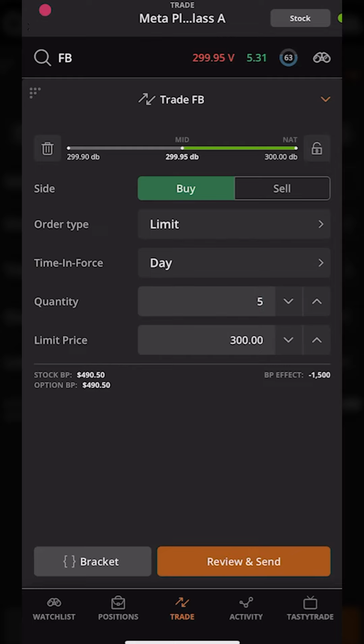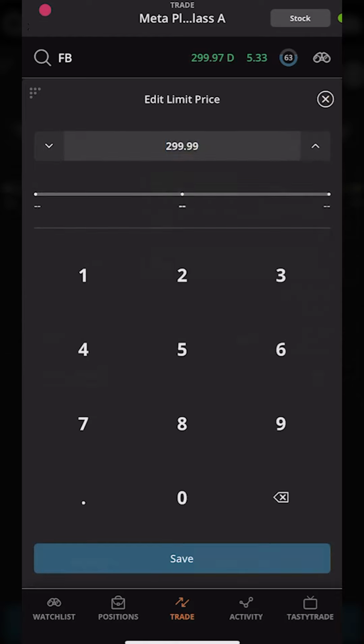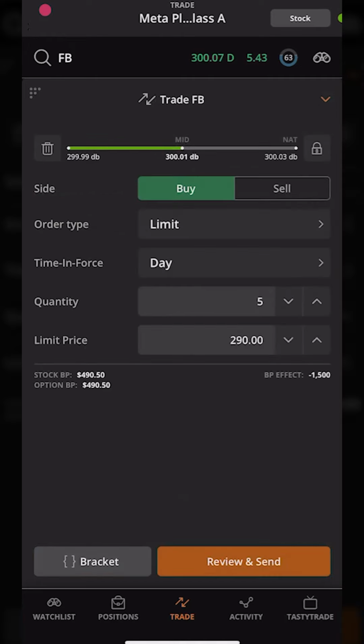Now, the last thing below that is the limit price. This is where we're going to specify the limit price that we want to set for this order ticket. In our case, it currently says $300 or now $299.97. It's currently moving with the current price for Facebook. But let's say we only wanted to buy Facebook if it dropped down to, let's say, $290. We'll go ahead and click in there, delete it out, and then type in $290, and then hit save at